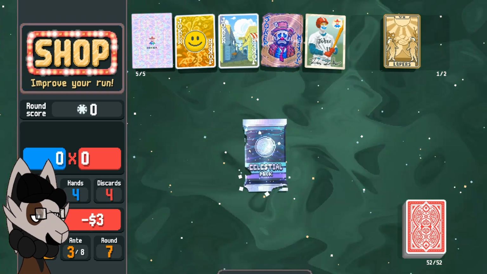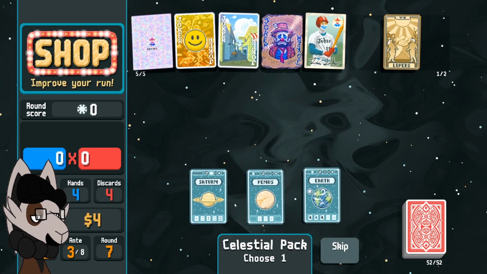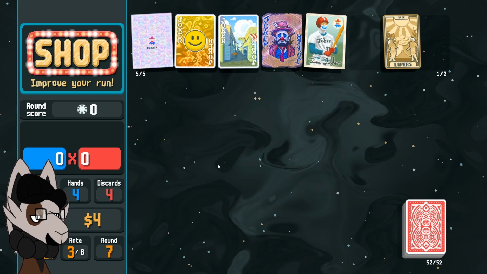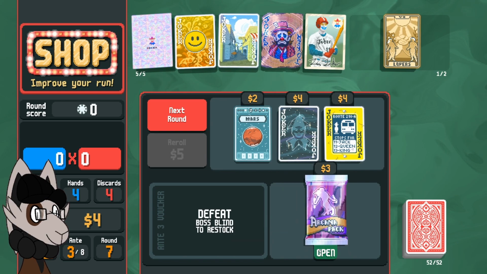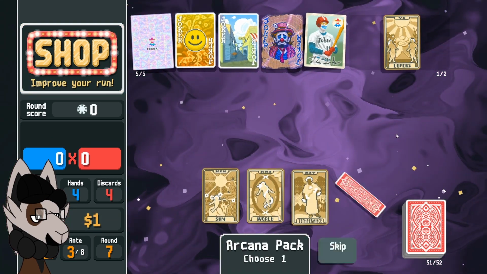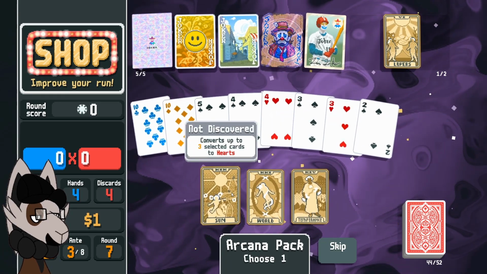Let's just do this. Hopefully it's the card we want. Yep. So these are the other cards. So we're gonna upgrade Straight again. Straight's really good to level up because it scales super fast. And then we can get $12, which means we could